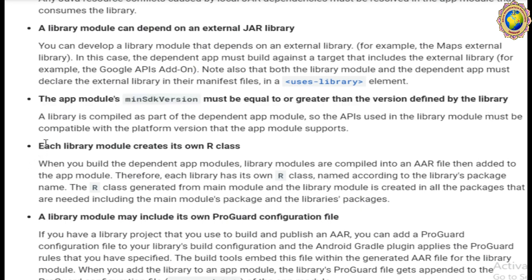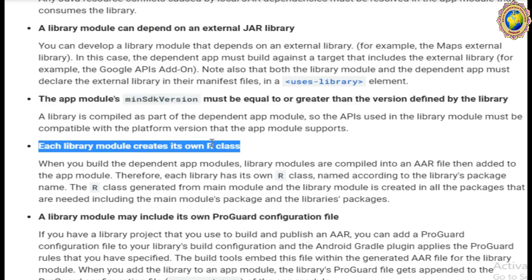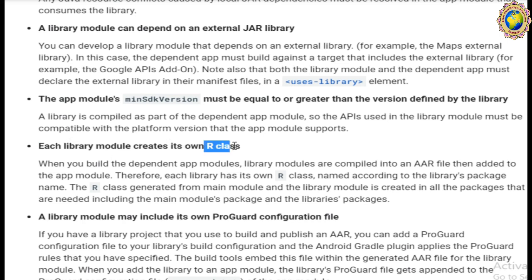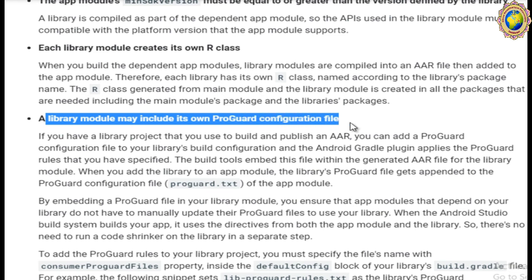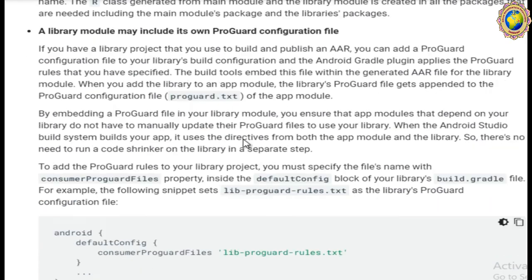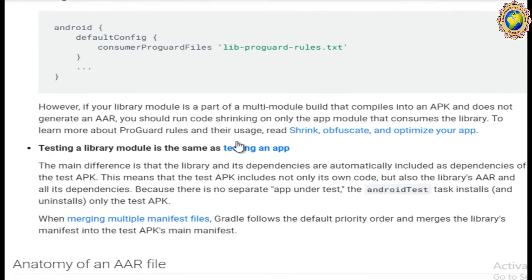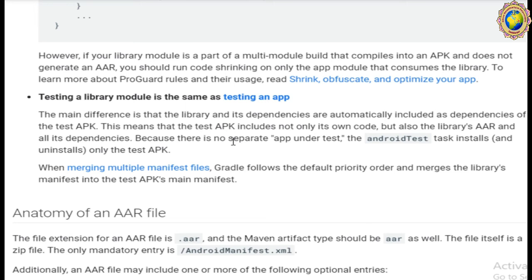Each library module creates its own R class, right? What the R class is, we will see later. Library modules may include, these are very detailed, so we will see later in the chapters.